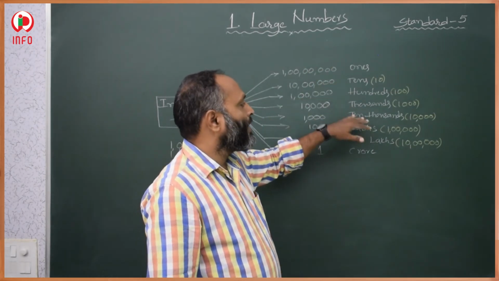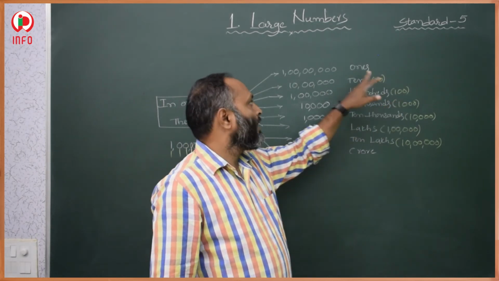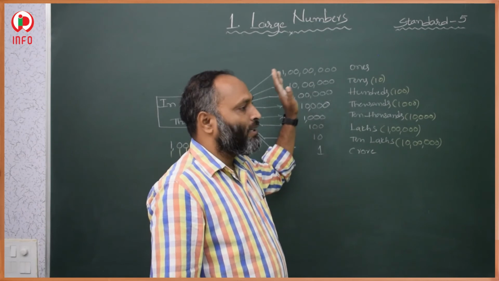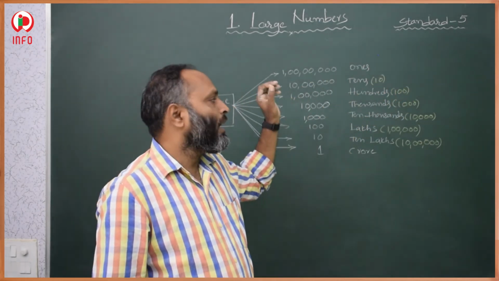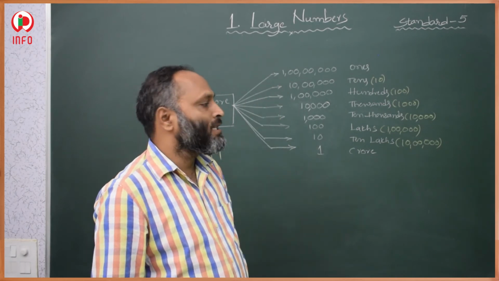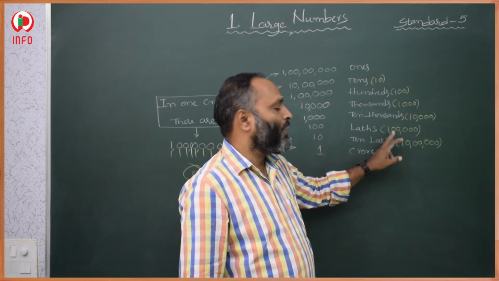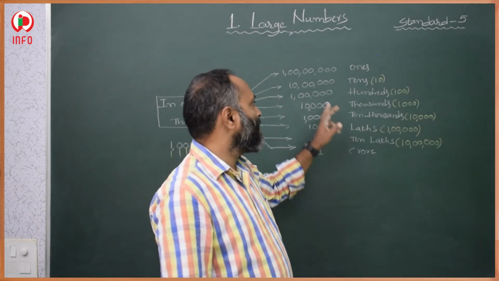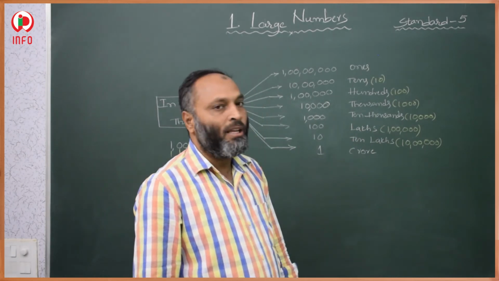So what is he asking? Hundreds. In hundreds how many zeros are there? 2 zeros. In crore how many zeros are there? In that, we have to decrease those two zeros and then say how many hundreds. If he asks lakhs, in lakhs how many zeros were there? We have to check. 1, 2, 3, 4, 5. 5 zeros we have to decrease from ones. Then we will get how many 10,000s were there in 1 crore.